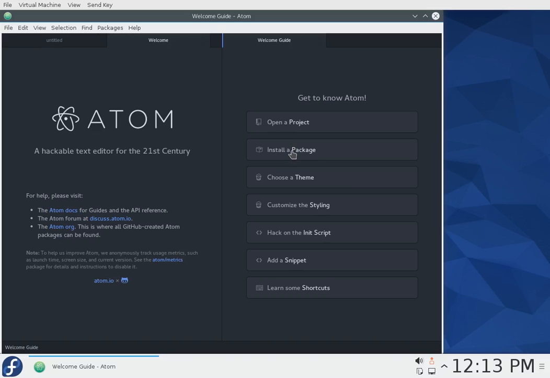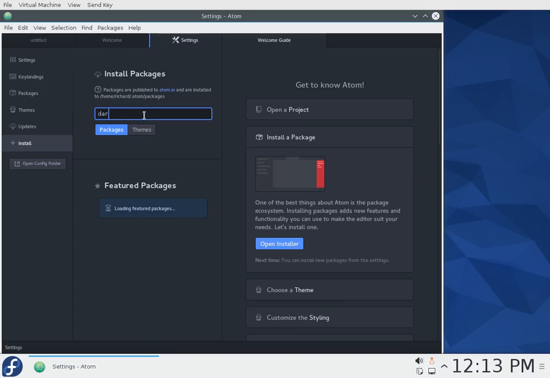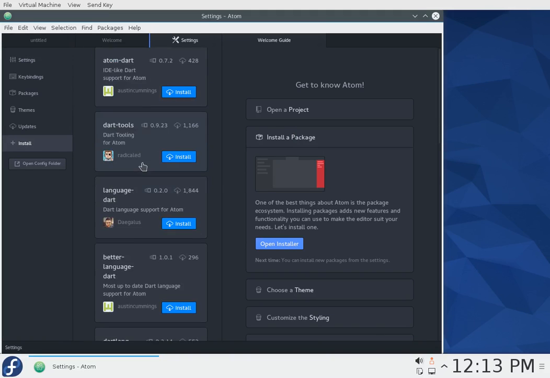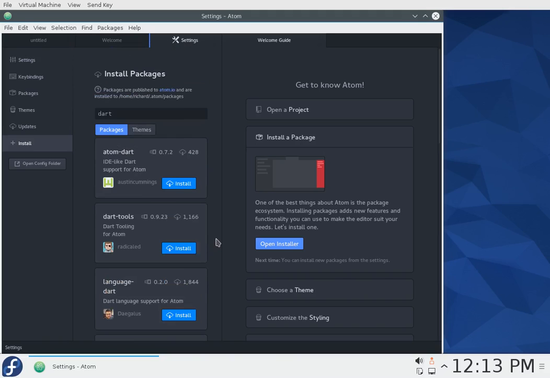Install a package. Open installer. We want Dart, right? And it's going to be the one called Dartlang. That's the one that's most up to date, that's still in development. Then we want to go through something called